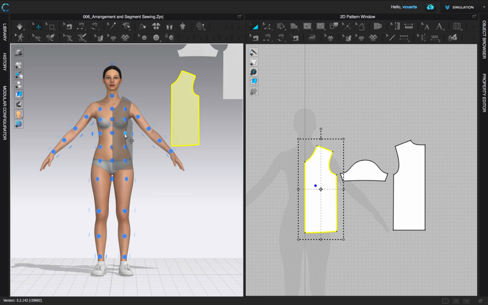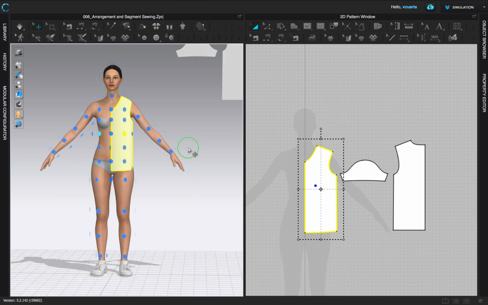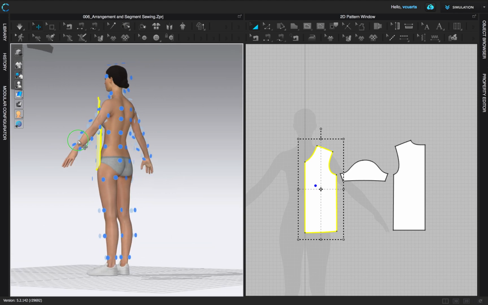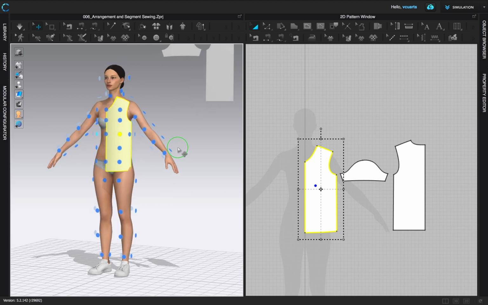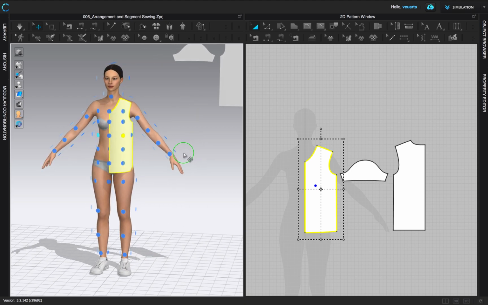You just want them to be the best choice possible because as we sew these together and then we simulate, you'll get better results if the simulation doesn't have to move the pattern pieces too far. Wonky things can happen if you pull something too hard or they have to travel a great distance. And so in this case, I think this arrangement point looks best. So I'm going to go ahead and click it. And you'll see if you right click and hold and navigate around, okay, that looks like a pretty reasonable fit